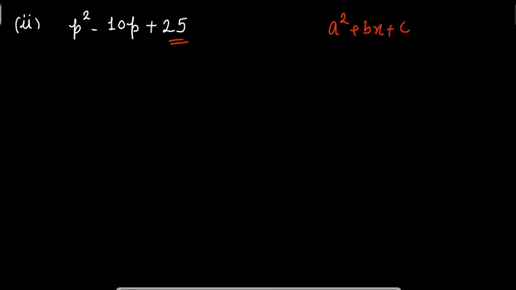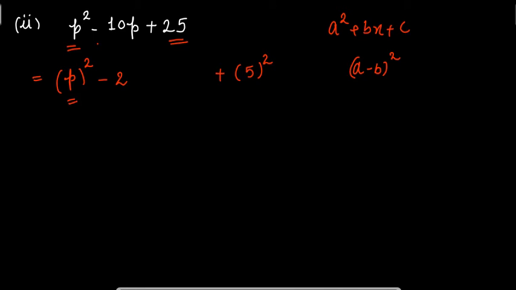You have a perfect square number here, you have a perfect square number here. It means you can convert it into an algebraic identity. The middle term is having a minus sign. It means maybe we will be using a minus b whole square instead of a plus b whole square. So let's do it. The first term can be written as p whole square. 25 is a perfect square number, so it can be written as 5 square. Copying this minus sign as it is, the middle term is 2ab.